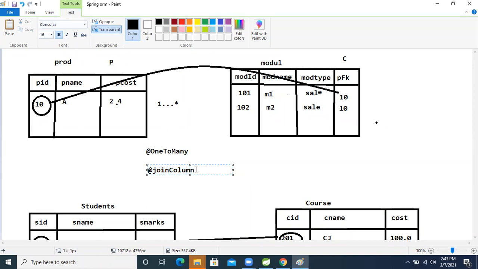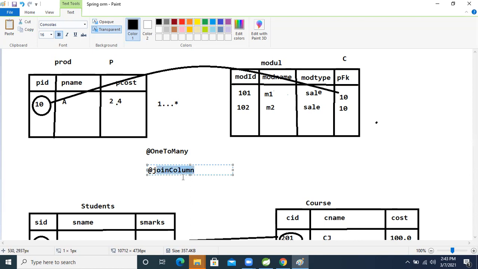But if we want to generate anything in plural format, we just use s, right? So then this annotation is representing plural things. So to generate a one side foreign key, which annotation are we using?